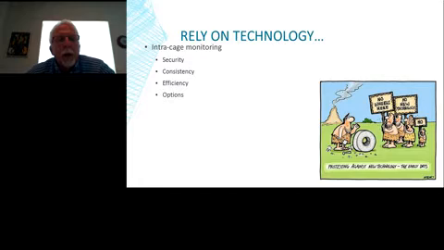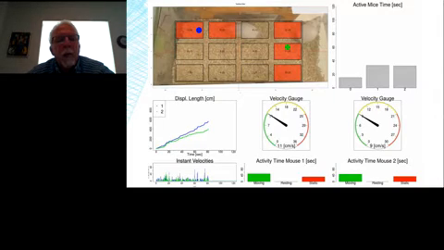One of the things that our community is not real good at is moving forward with technology in a rapid fashion or in an acceptable fashion in a lot of ways. So really, the advantages of the technology are the security, the consistency, the efficiency, and then the options that it allows us to really pick through in ways that we want to manage and we can best manage with what resources we have. So having that in mind,